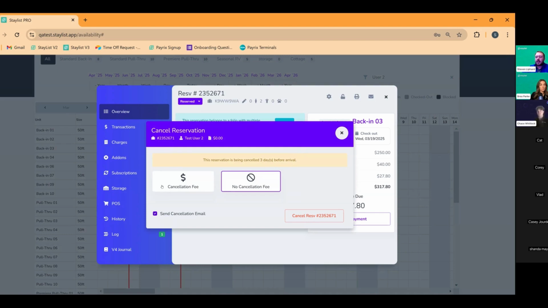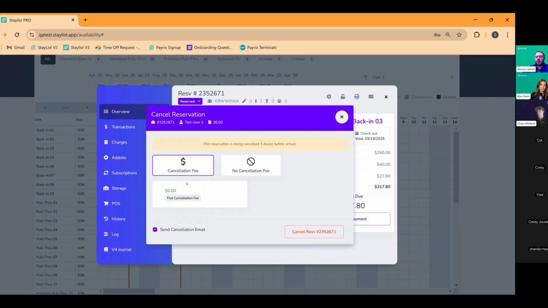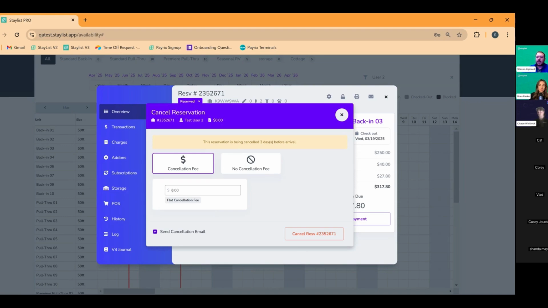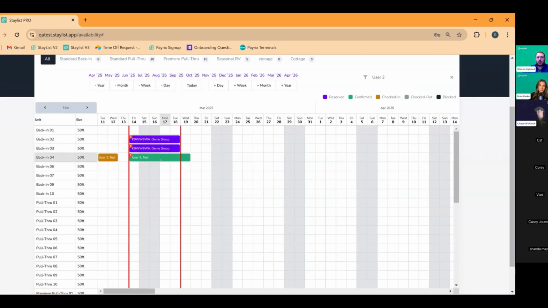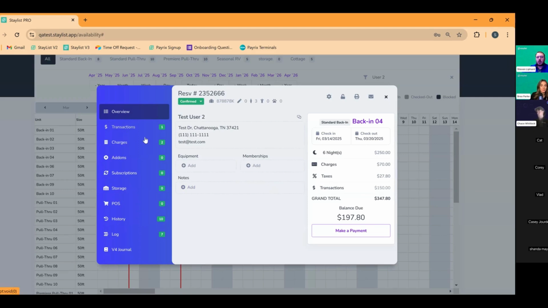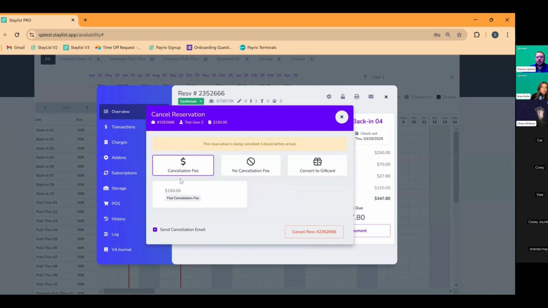So, depending on how it is set up with your account, we can say, okay, we want to cancel with fee. In this case, we don't have a cancellation fee set on this account, so it doesn't want to take anything. Or we can select this amount and modify it to be whatever we need it to be. There were no payments taken against this transaction, so it's not going to subtract anything. So let's use this one that we paid against. Cancel reservation. So right here, it's wanting to take a $150 cancellation. Or you can say cancel no fee